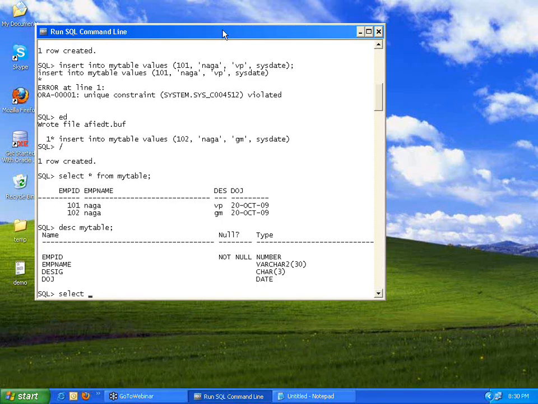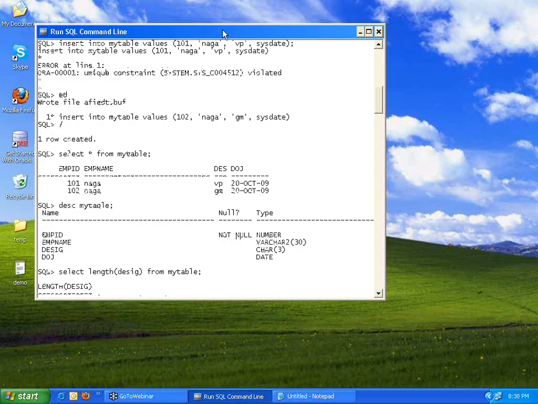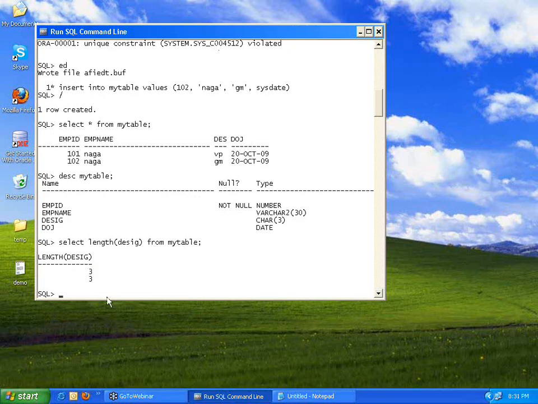Now I'm saying select length of designation from my table. Length is a keyword. Now there are two records. For the first record, I know the value is only VP. There are no 3 characters in it. I know the value is only GM. There are no 3 characters in it. But when I say length, if I want to find out the length,